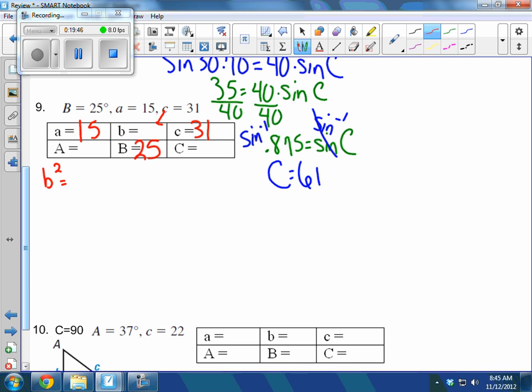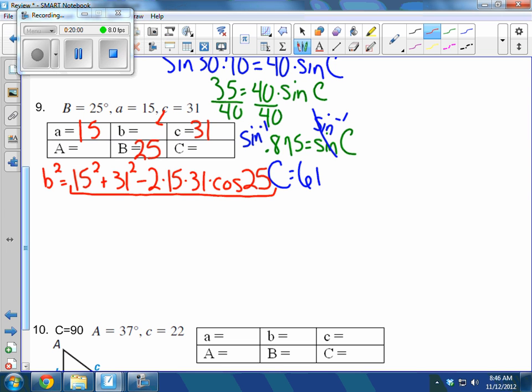So b squared equals 15 squared plus 31 squared minus 2 times those numbers times cosine of big B. And remember, you know it, so you can write it in there. And then again, you can type this whole thing into your calculator. And when you type the whole thing into your calculator, you get